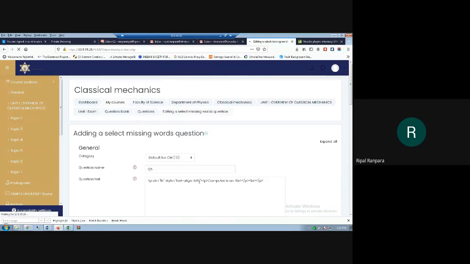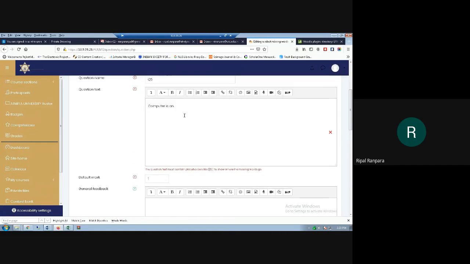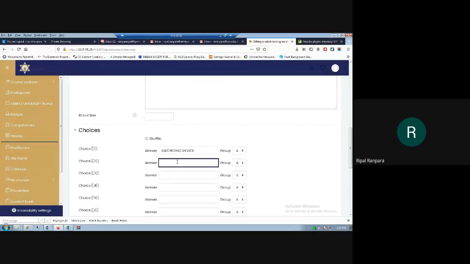If you want to give it like this, the question text must contain a placeholder like 1, as I said earlier. This is my first choice. The second choice is simple device.